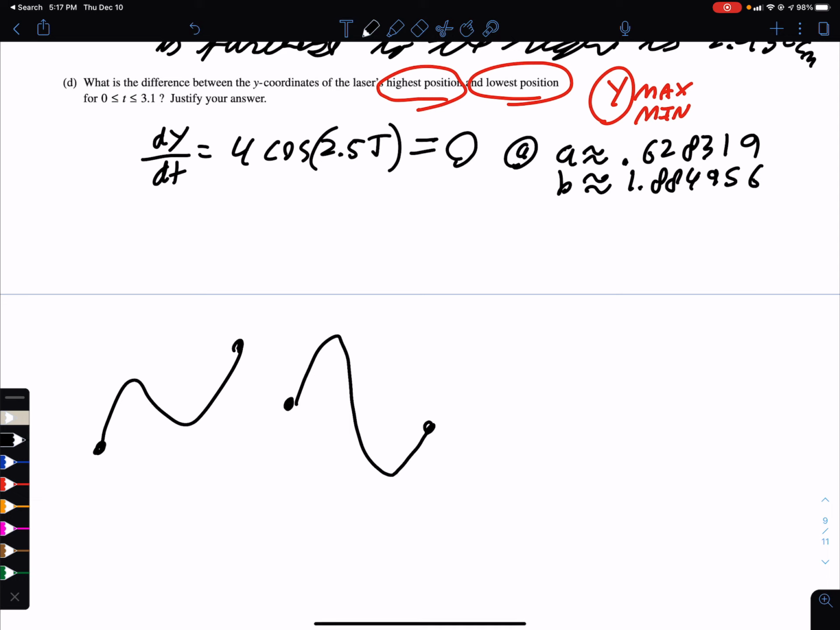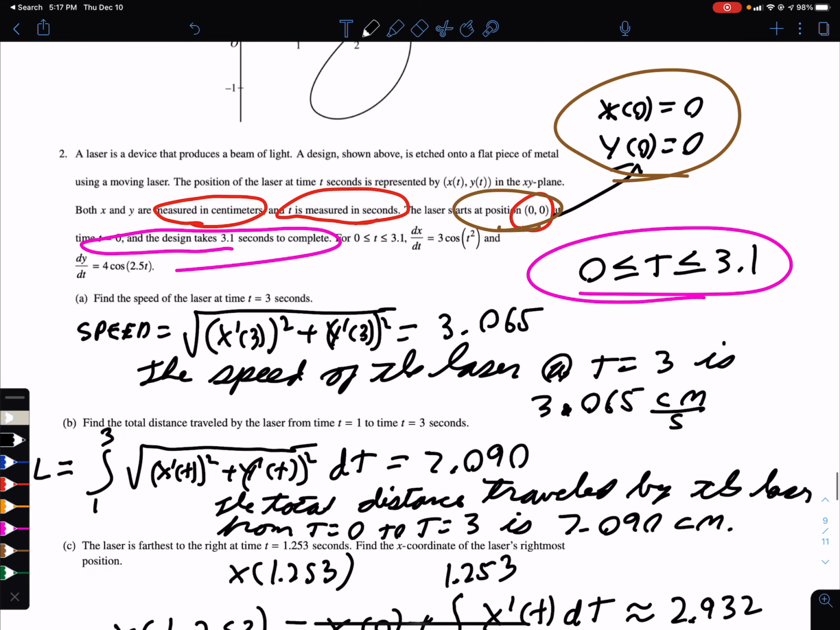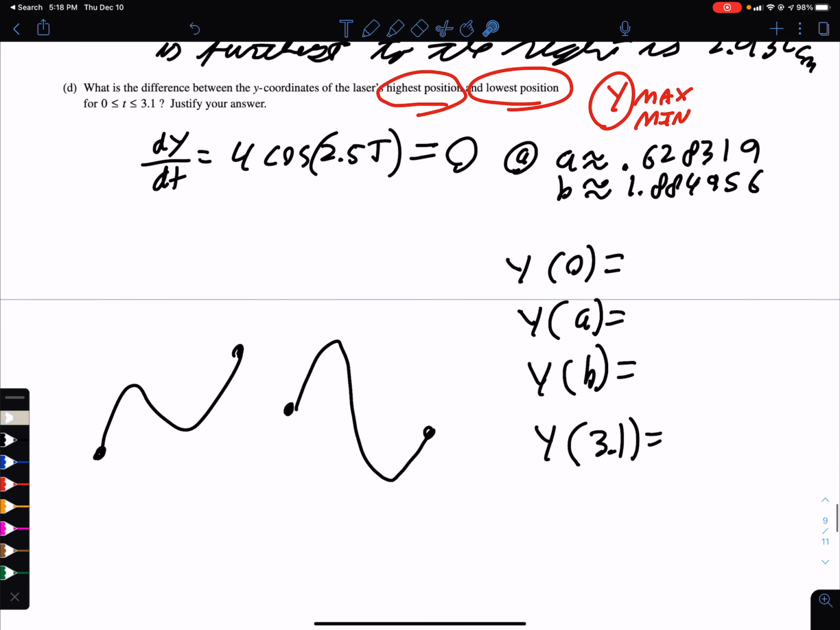Well, I want to find y at 0. I want to find y at the critical point A, y at the critical point B, and y at the endpoint, 3.1. How do I do that? I have a formula. I need to take the starting position of y and find the change in y. Well, this one I already found is 0 because they told us it's 0. But I need to find the position at 0 plus the change in position, which is the integral of y prime. I got to scoot this over. And I want to integrate